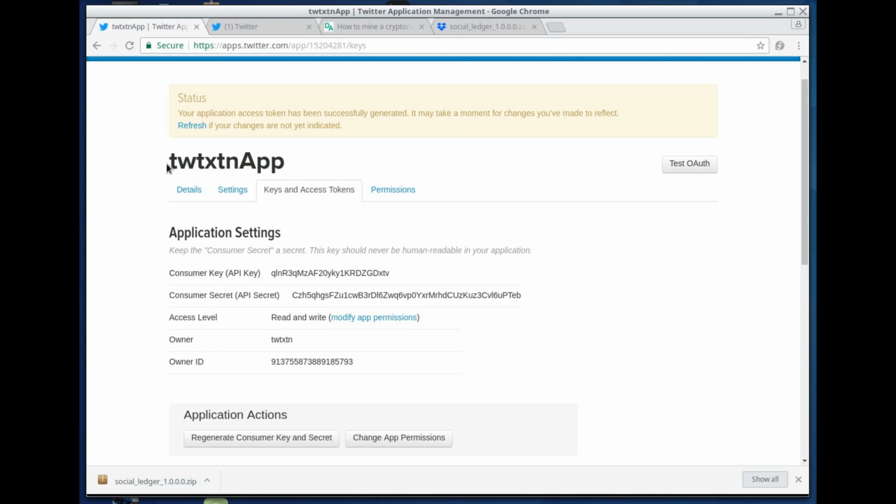So here I have my application, and if you don't know how to create an application, it's quite simple. There is already a link to a YouTube video in the same blog post where it shows you how to create your first Twitter app. So here we have consumer key. I'm gonna copy this value,